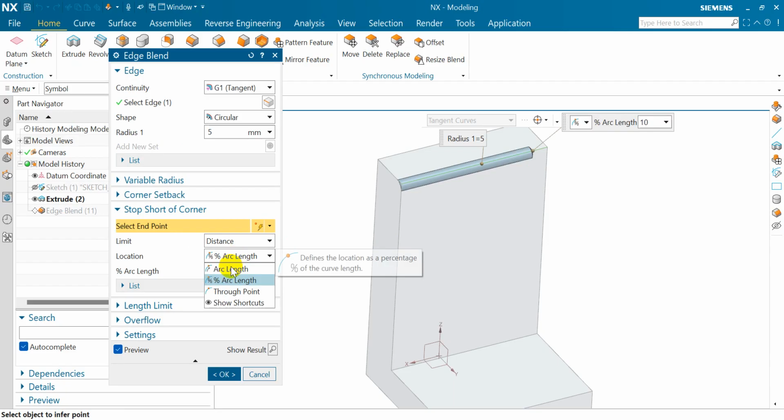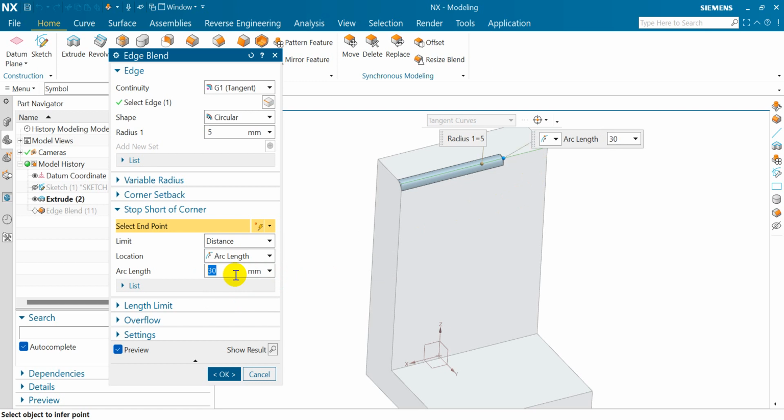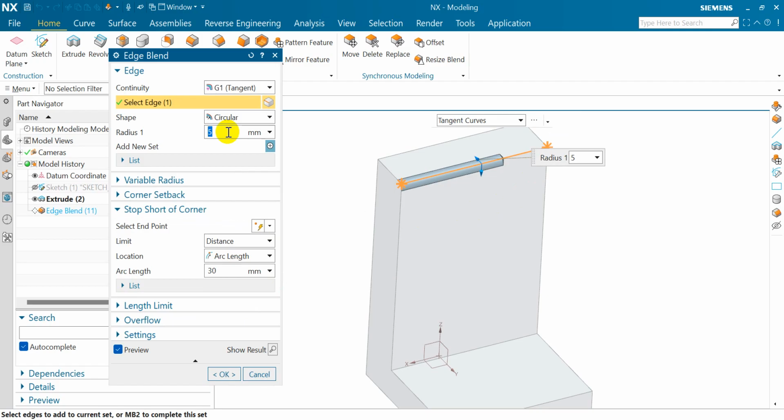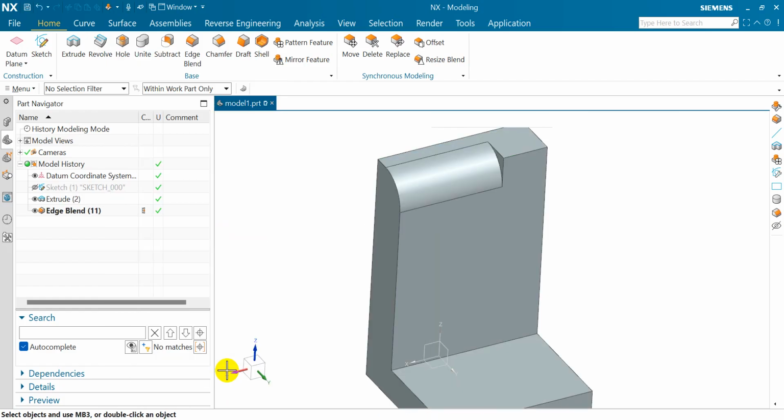If you use the arc length option, it is the length in mm, suppose 30 mm. You can control the radius from this side, suppose 20, and click on OK.